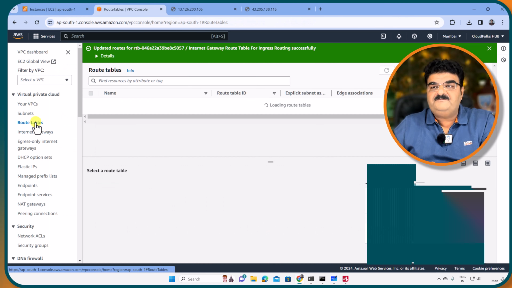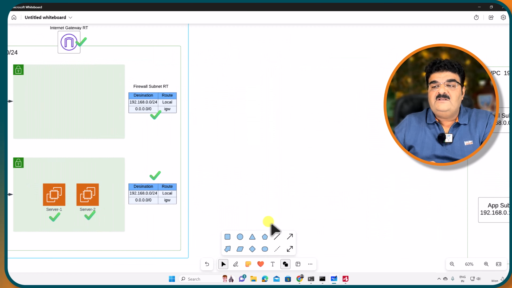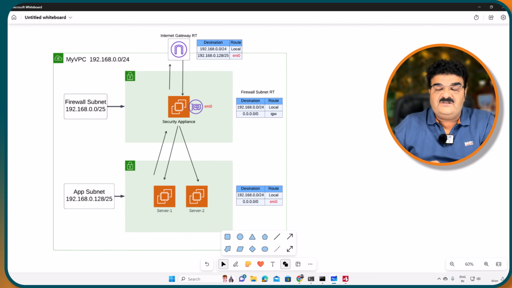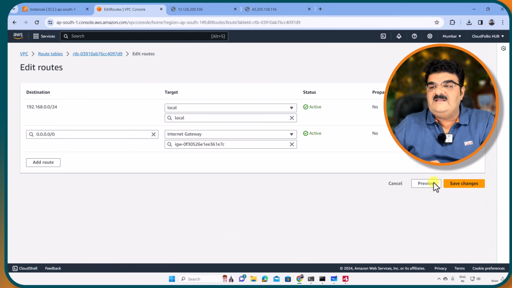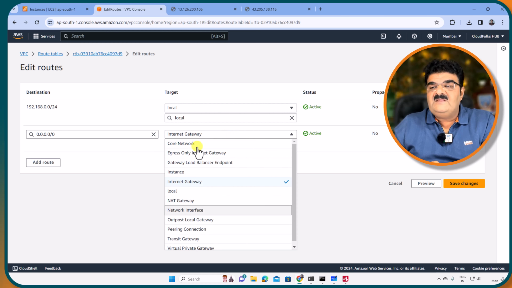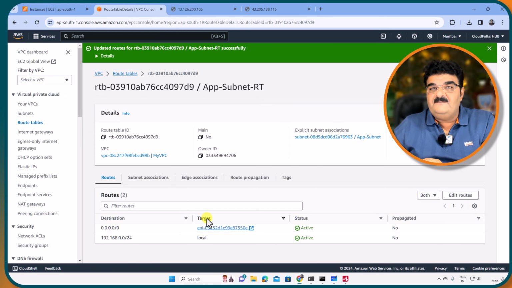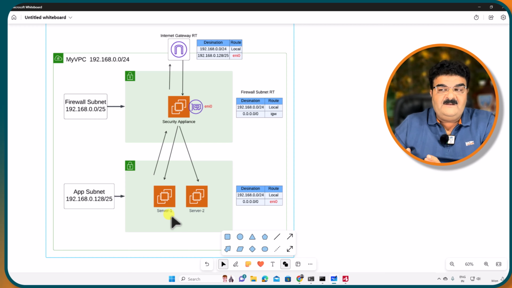So going to the route table, okay, this is the application subnet route table, and currently we have internet gateway associated as we have done in part 1. And if you look at this, here we have to say that security appliance, pass traffic through the security appliance. Okay, so let me go to the routes. Okay, I have this route, going to edit this route. Here instead of internet gateway, I am going to say send the data to the network interface, and the network interface of my security device. Okay, this is 550E, and yes, now everything is passing through the security appliance. Okay, let's go to this picture and look at this. Okay, now one setup that we have to enable, otherwise the data will not pass through. Okay, and this setup is,